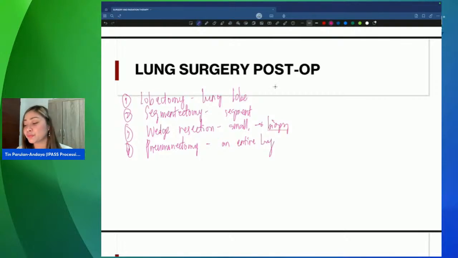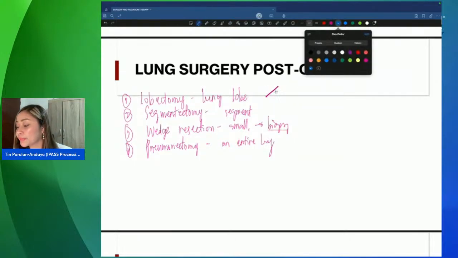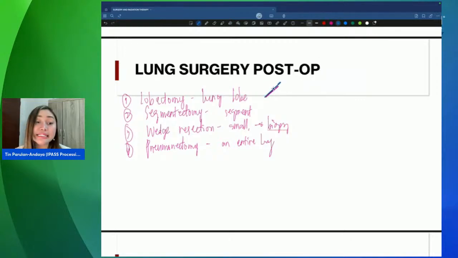So for your lobectomy, your segmentectomy, and also your wedge resection, it's very important that we note this: place the client in semi-Fowler's. We will place the patient in semi-Fowler's and they may lie